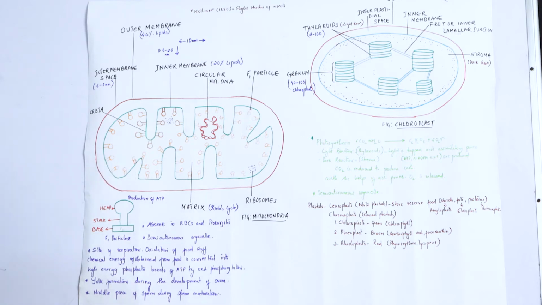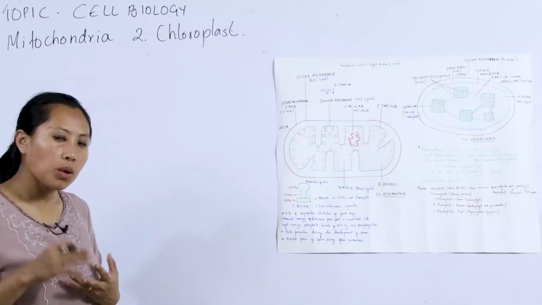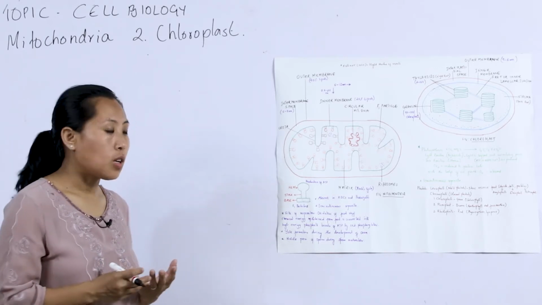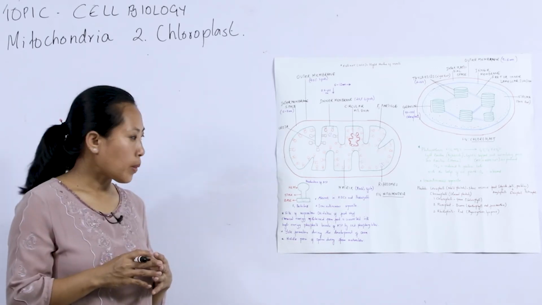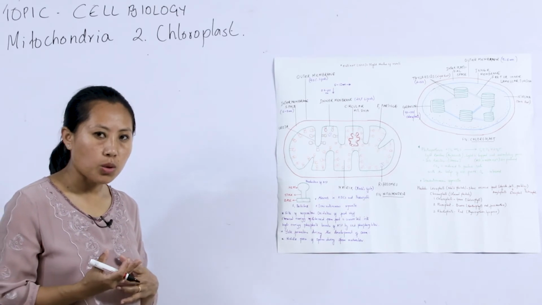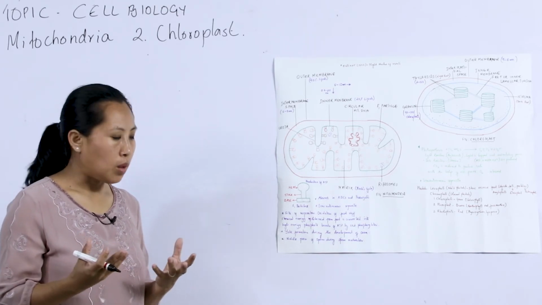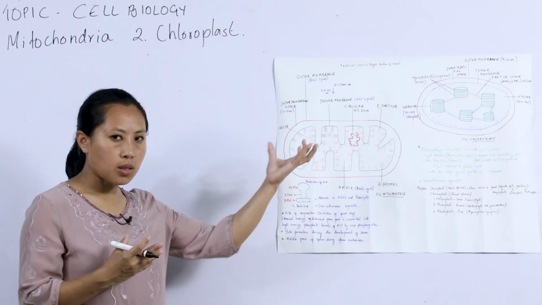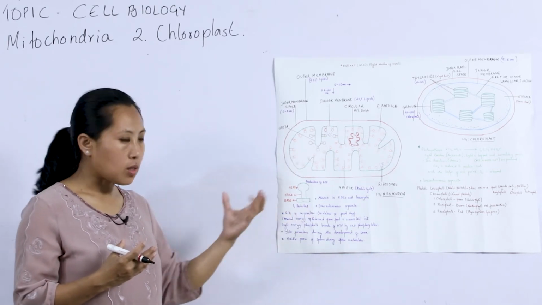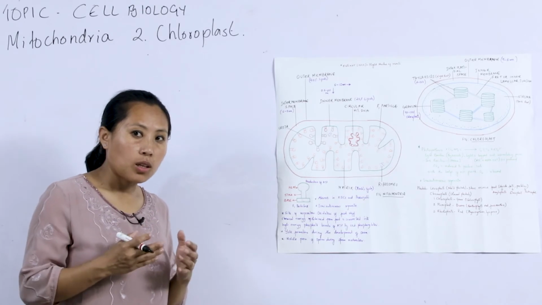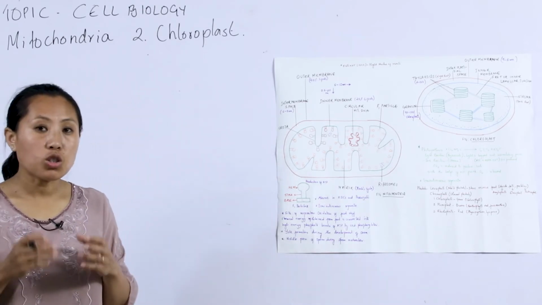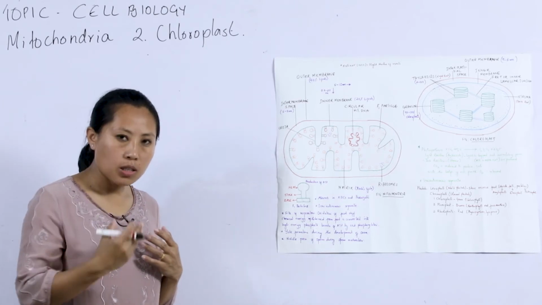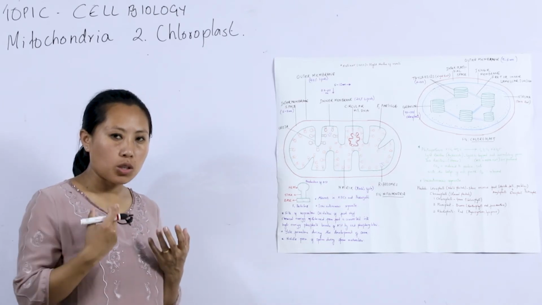So, what is the function of mitochondria? The main function of mitochondria, whether in a plant cell or an animal cell, is oxidation of food, and they are also known as the sites of respiration. In bacteria, the mesosomes are the sites of respiration, while in animal cells and plant cells, the mitochondria are the sites of respiration. You know that during respiration, oxidation of food takes place, carbon dioxide is released and oxygen is taken in.